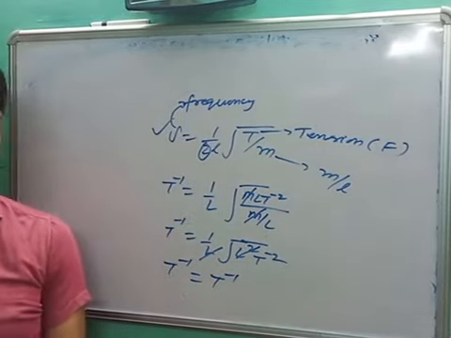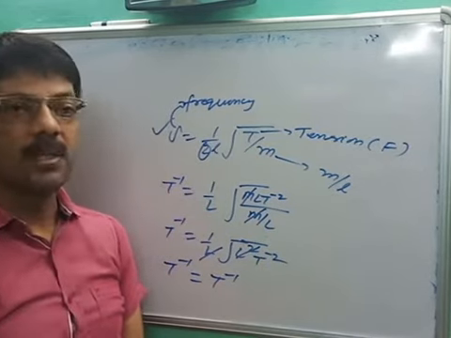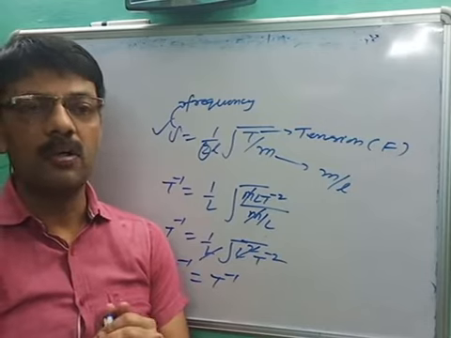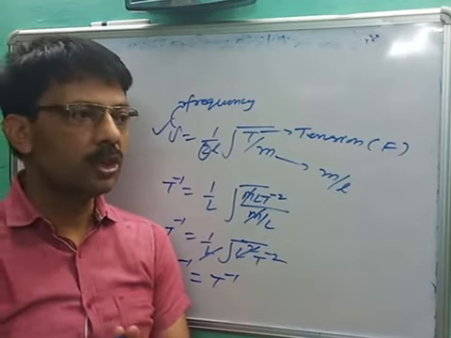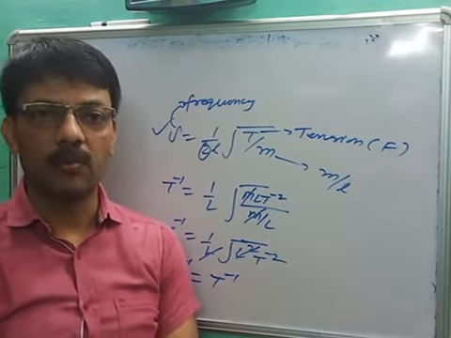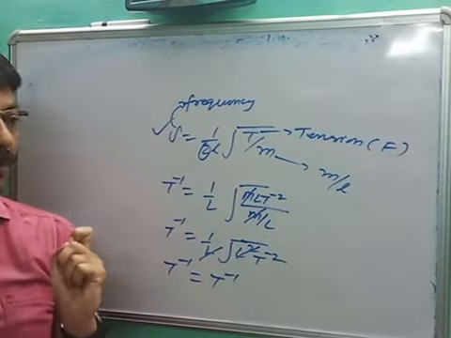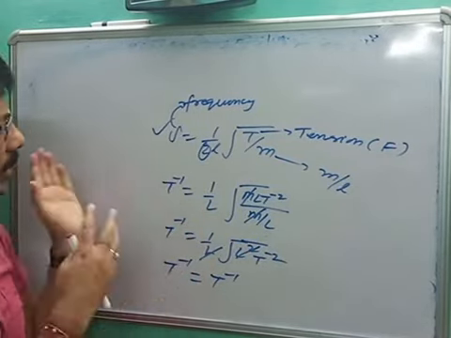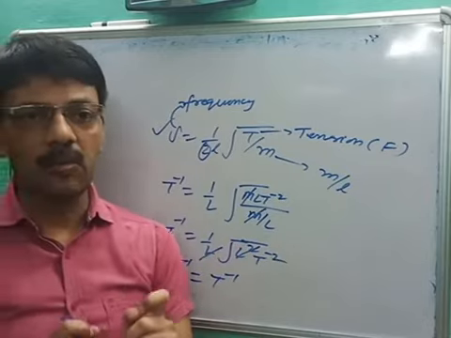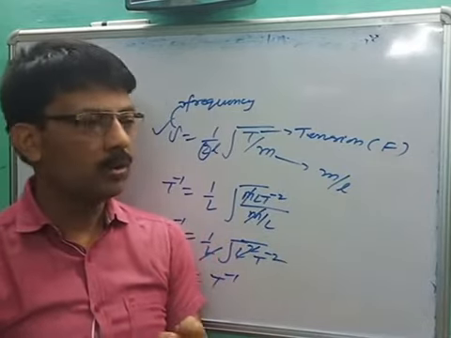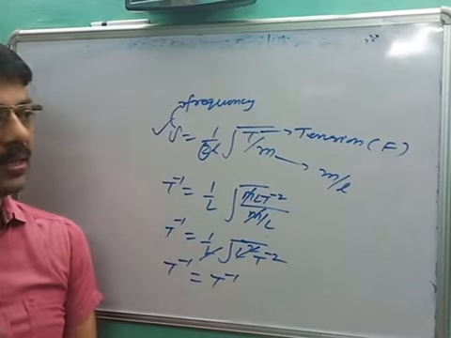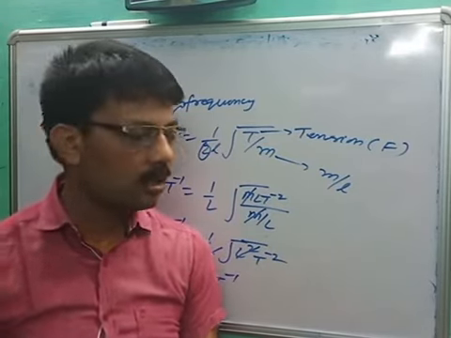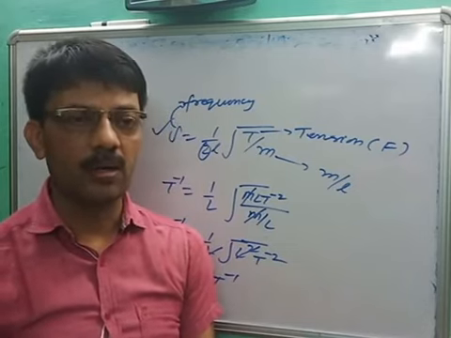Okay. So this is the first application of dimensional formula, and it was to check the correctness of a physical quantity or to check the correctness of a given formula. If you know the dimensional formula, you can check whether the given physical quantity is correct or incorrect. So that's all for today. Next day we will discuss how to define the relation between physical quantities, which is another application of dimensional formula. Okay, that's all.